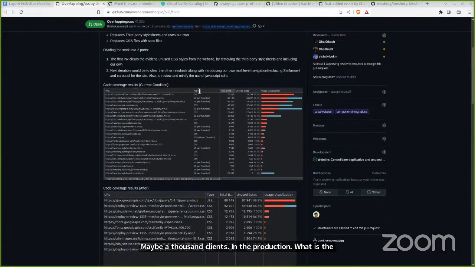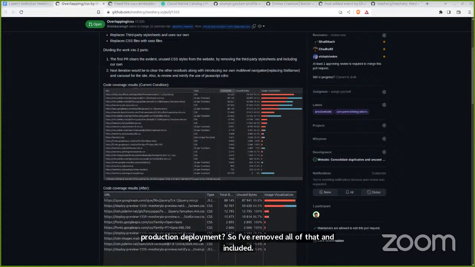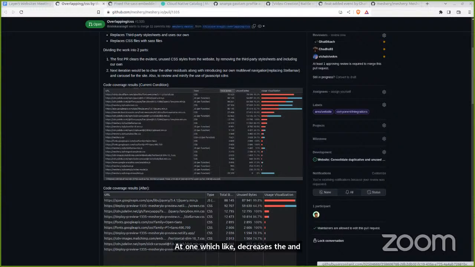So I've removed all of that and included our own style sheets, which decreases the unused CSS.